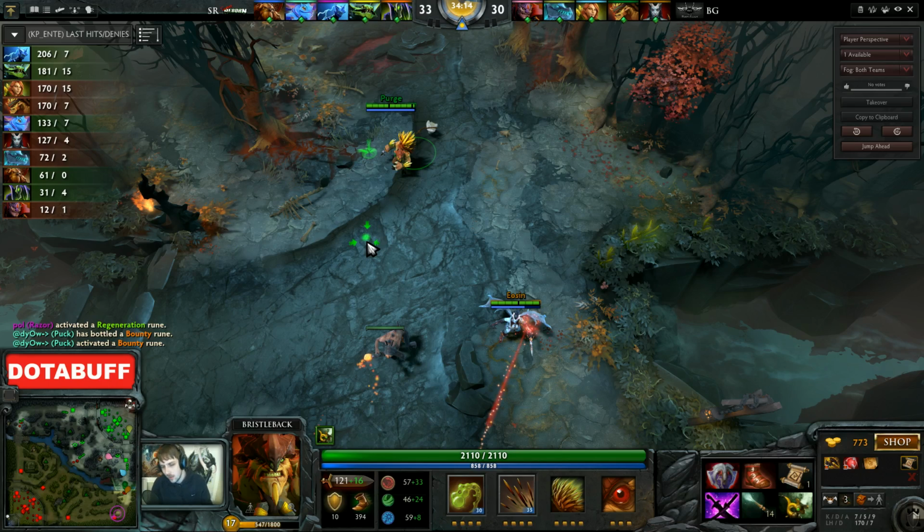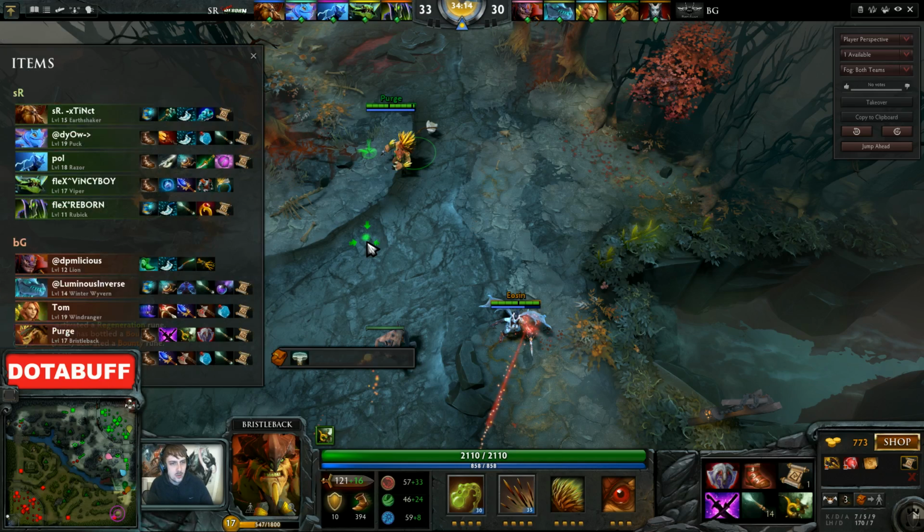The only thing that is a little scary is the Razor ultimate. If Razor went for an Aghs Refresher build, then I would probably instead have to build armor. But he went more of a utility build. He went Halberd, which I think was a huge mistake. That should have been